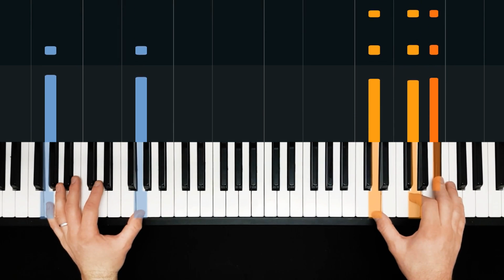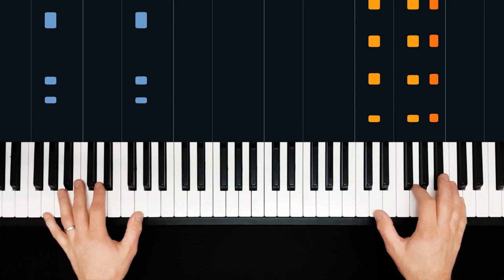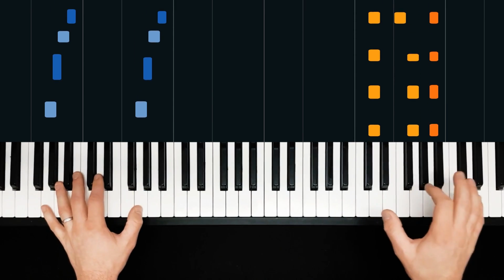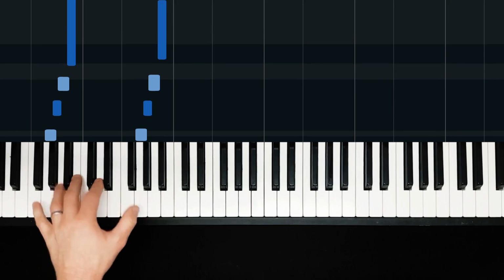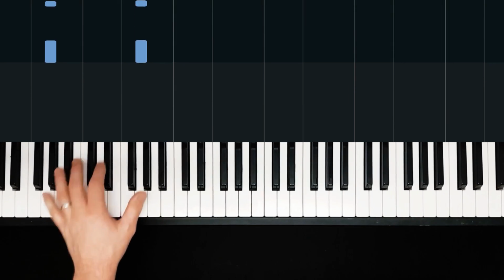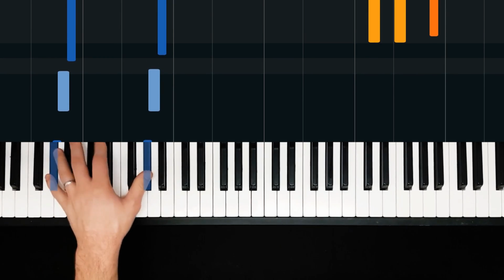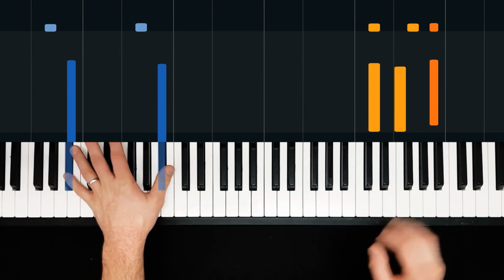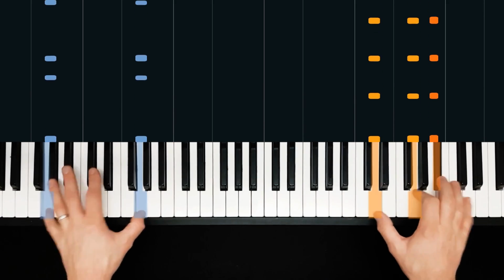And then we're into G, and the rhythm's the same. 1, 2, 3, 4, 1, 2 and 3 and 4 and 1. Apart from this time we do a sort of chromatic walk up from beat 3 and 1, 2 and 3 and 4 and to B flat, which is our next harmonic placement. 1, 2, 3,